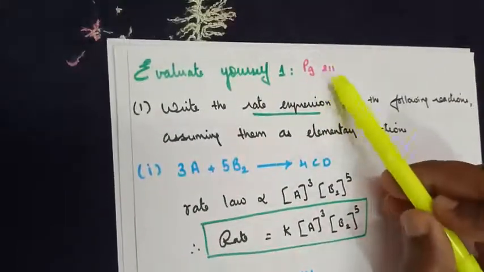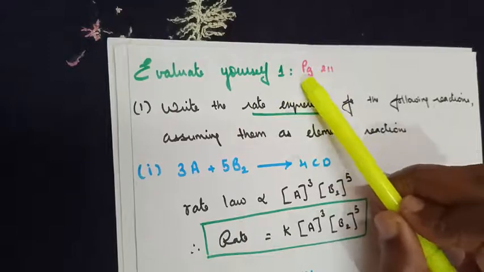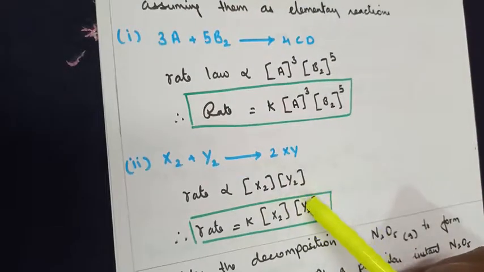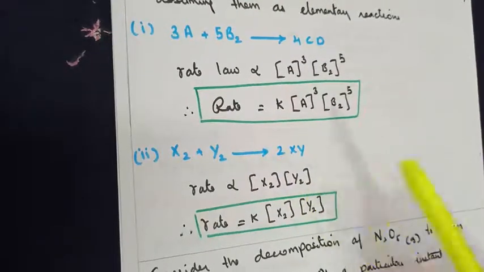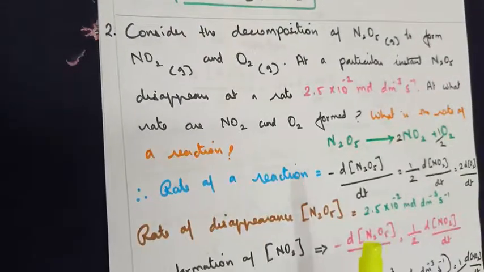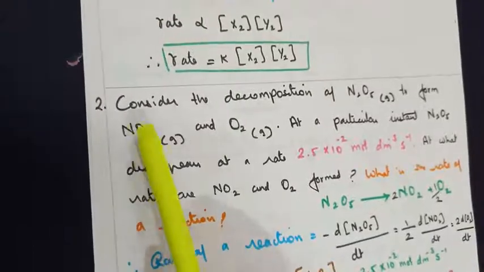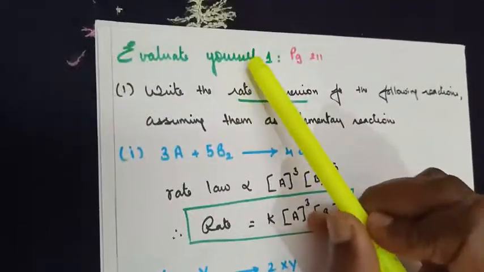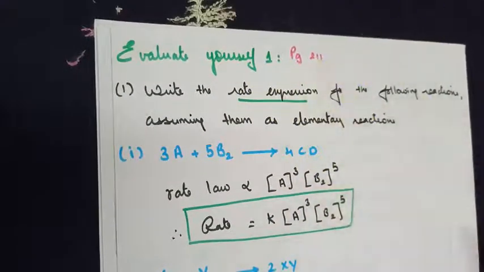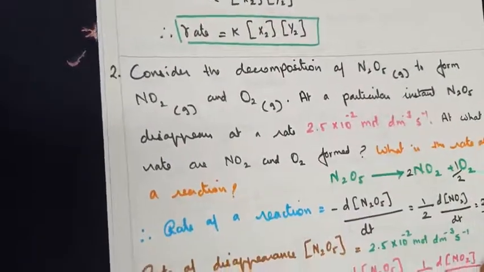Now as I told you, we look for a similar question. I am not talking about the evaluate yourself question 1. This comes in terms of rate law. That's in the second class, I will explain it all. I will take similar types of questions calculating based on the rate of a reaction. Now this question is under evaluate yourself, page number 211, the second question.